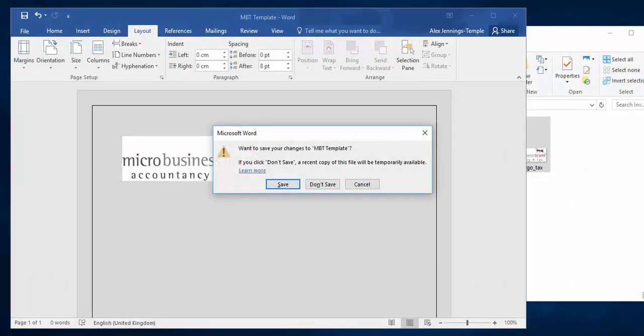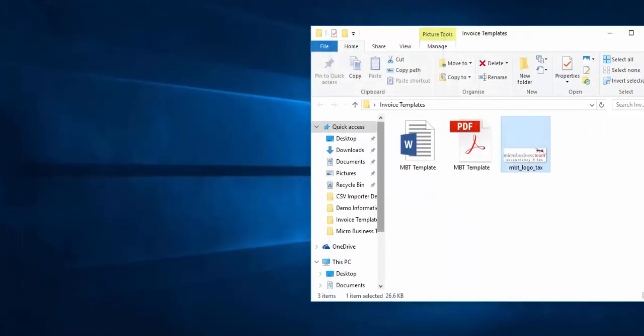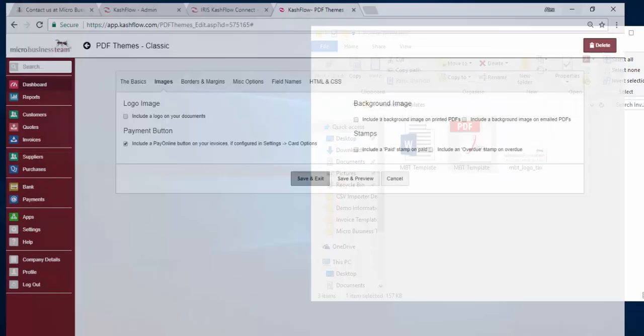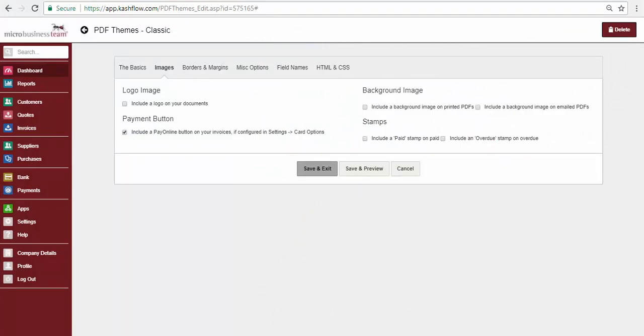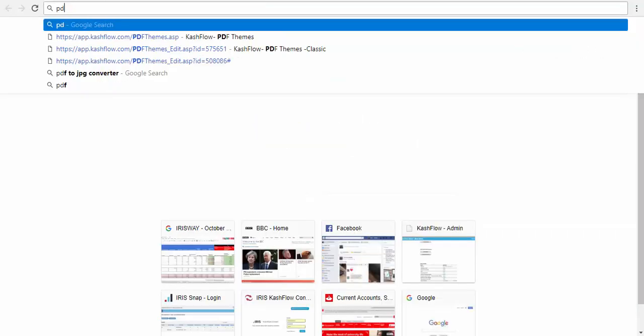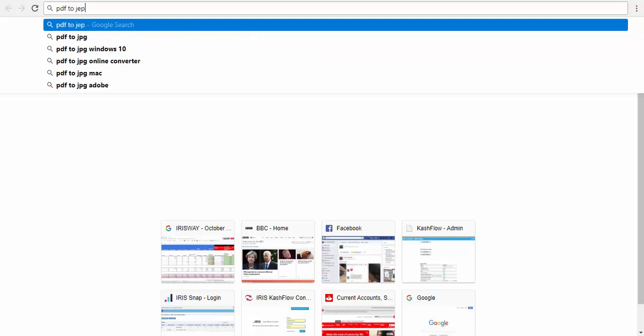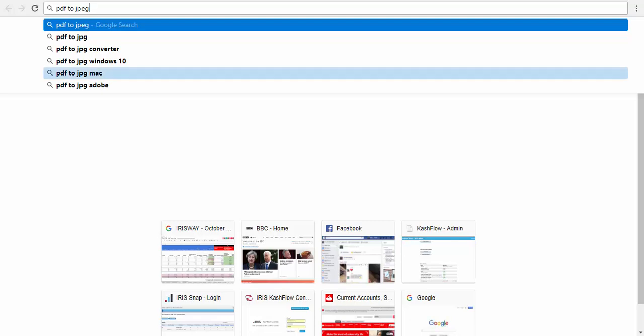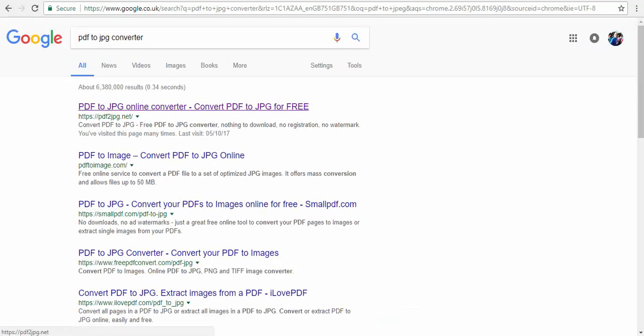Okay, so very, very simple, and we're just going to go and save that as well. So there's my PDF in there now. What we then need to do is convert that PDF to an image. So if you just go to Google, we have a PDF to JPEG converter. That's all we need to do, just type in PDF to JPEG, click the converter, and you'll see